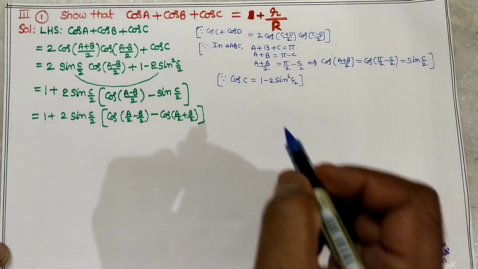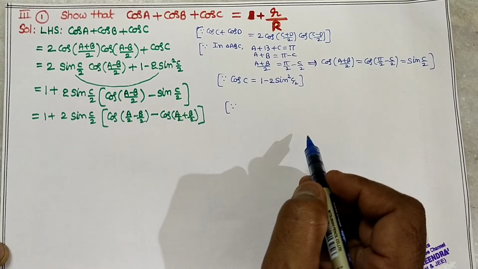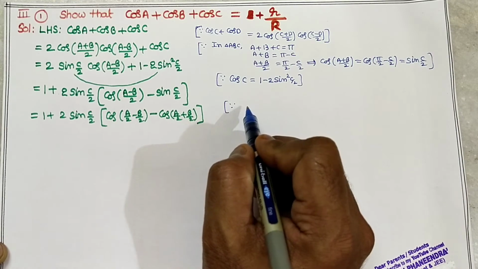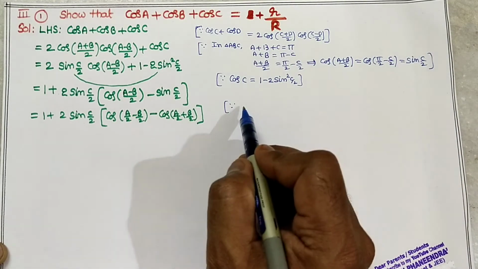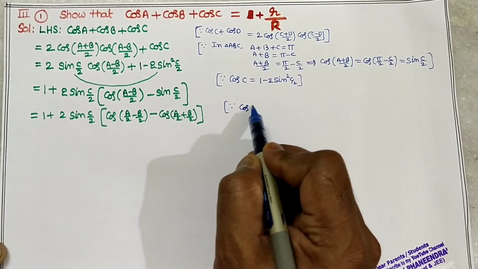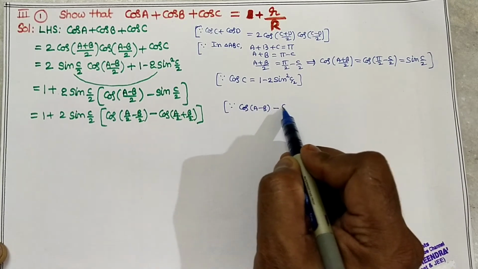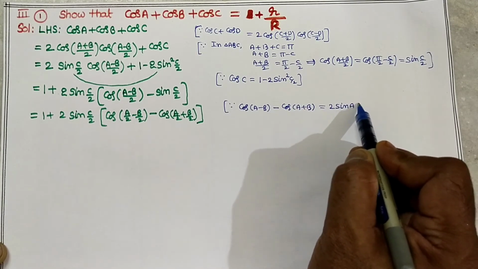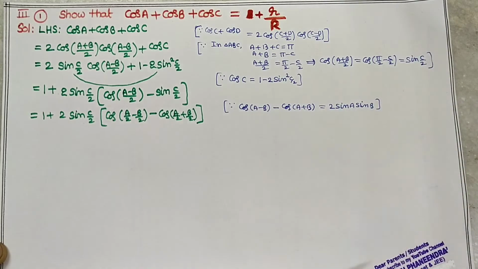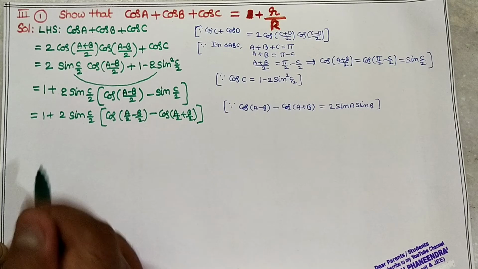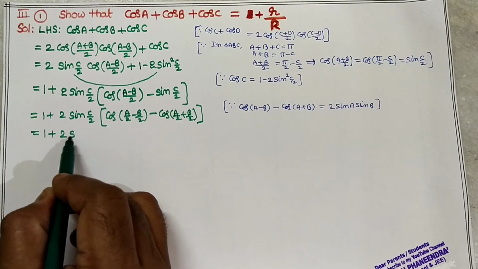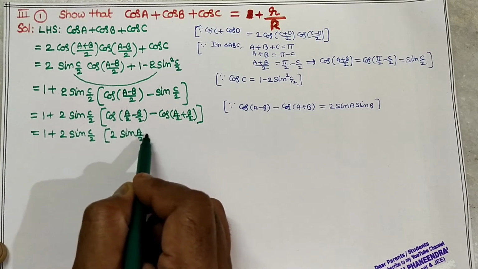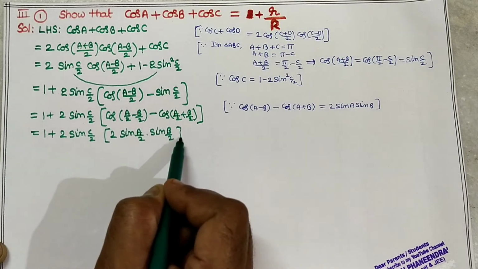After reaching this step, again we have a formula. See, all the formulas are related. If you are thorough with the formulas, you are able to do any question in trigonometry. My sincere suggestion, dear students, you have to be thorough with the formulae. Always practice the formulas. Cos of (A minus B) minus cos of (A plus B) is equal to 2 sin A sin B. This is the formula. So in place of A, B, A by 2, B by 2 is there, no? So 1 plus 2 sin C by 2 will become 2 sin A by 2 sin B by 2 by using this formula.